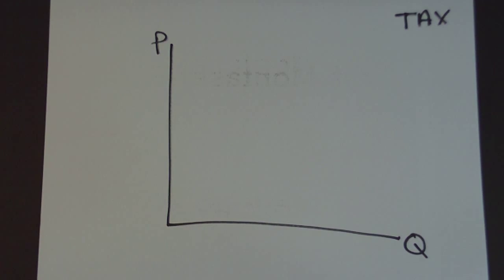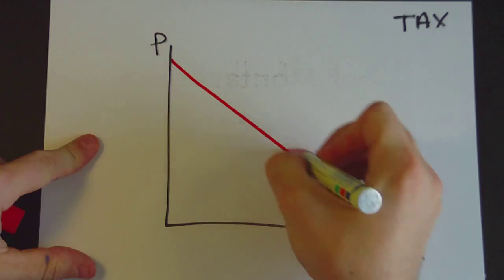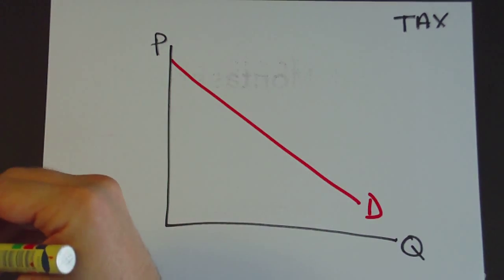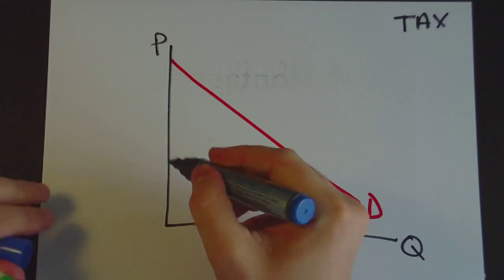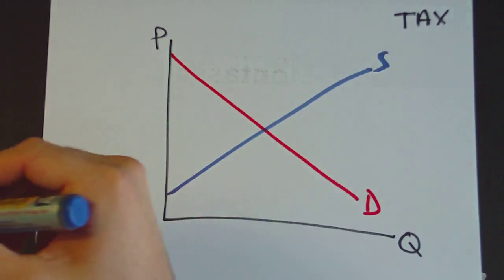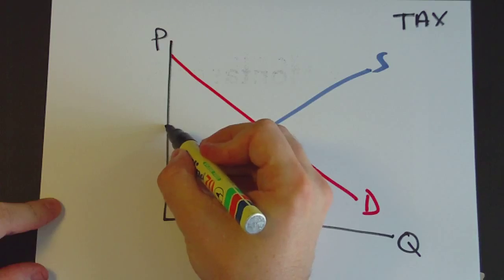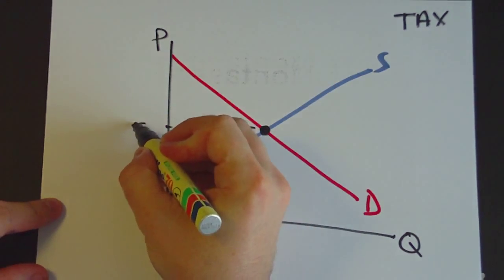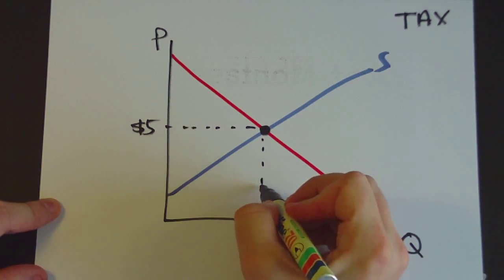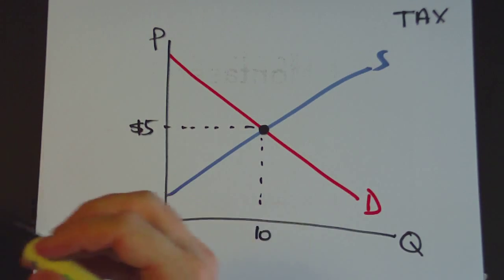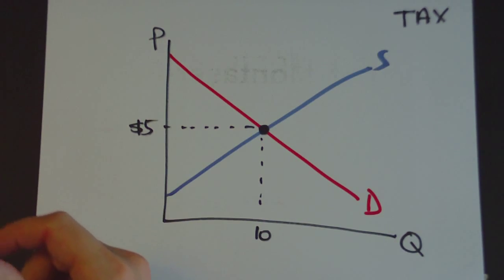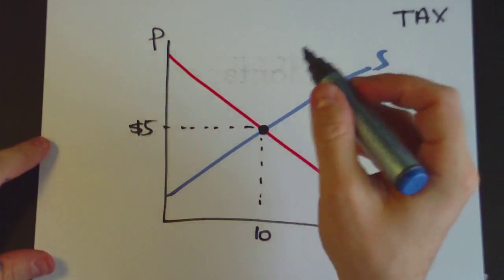Okay, now let's look at the issue of tax. So let's assume we've got a downward sloping demand curve here, upward sloping supply curve here. The market normally operates at this equilibrium point right here. Let's say that's price of $5, quantity of 10 here. Now let's assume that the government imposes a new tax on sellers of let's say $2